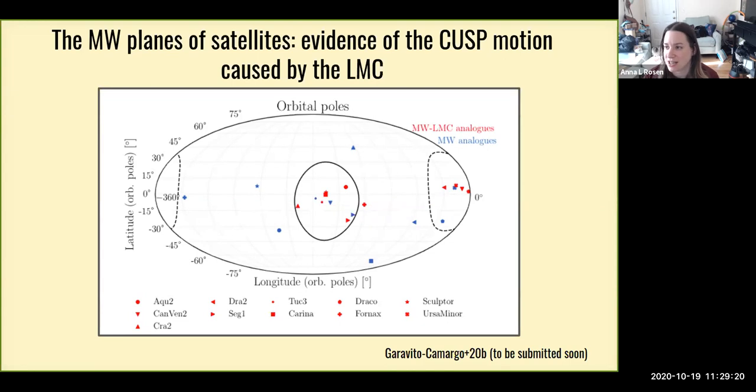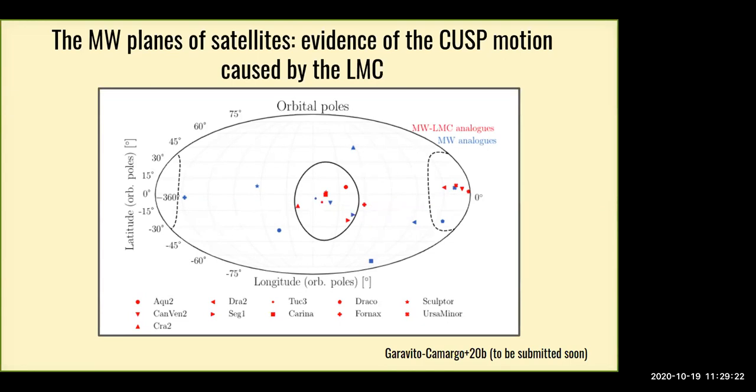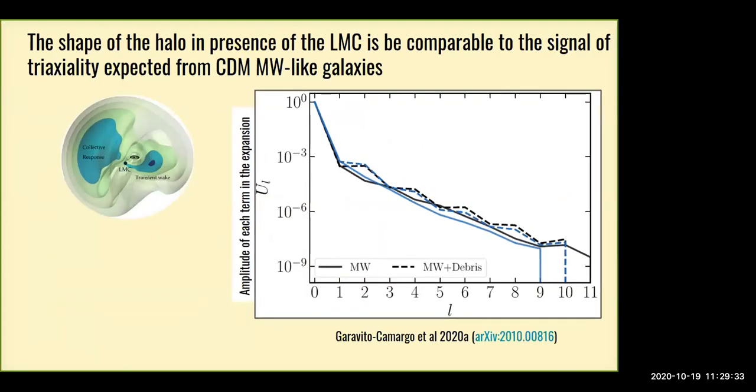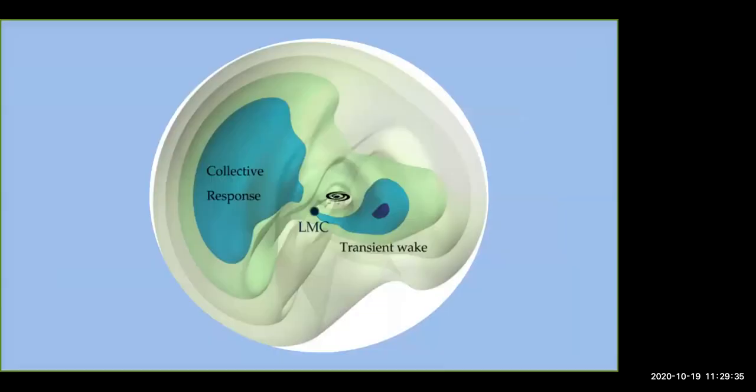Oh, okay, Jesse. Yeah, thanks for the talk. I wanted to ask you about measuring the actual wake. So right now you're assuming a sort of smooth halo model where you have a collective response, but thanks to Naidu's work, we now know that there's a ton of substructure. So how do you measure a collective response of individual substructures as opposed to a smooth halo?